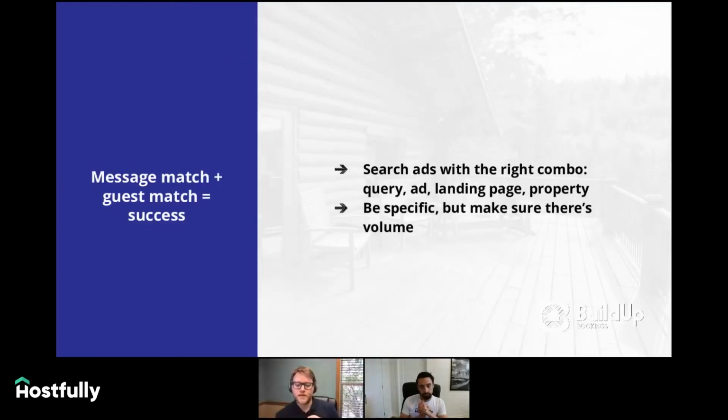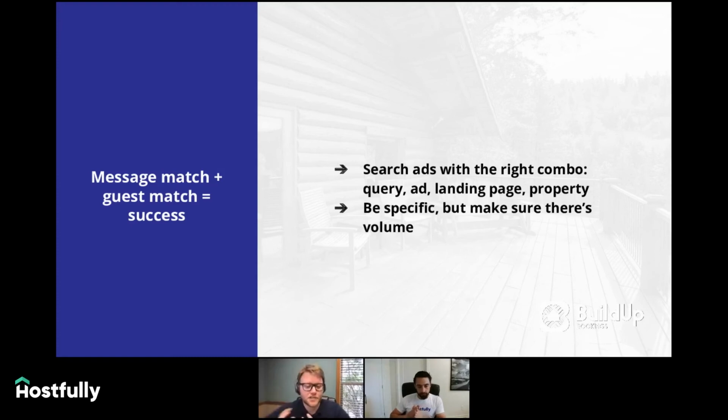We're kind of crossing back to Google here. When someone does a search on Google and you have the right combination of what keyword they're looking for or what query they're making, the ad, the landing page, and the property, if all these things line up, you can have a lot of success even targeting somewhat generic search terms. So going back to an example from earlier, let's say you had a property in San Diego and it's pet friendly, and it's oceanfront. Let's really take this to the extreme here. So if you were bidding on a keyword like oceanfront, San Diego vacation rental property, pet friendly, or something highly